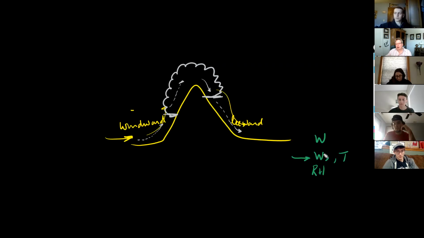W sub S and temperature are directly proportional and what? What's the other word that describes the graph? They're exponential. They're exponentially related. So they're exponentially related, they're directly proportional. Okay, then